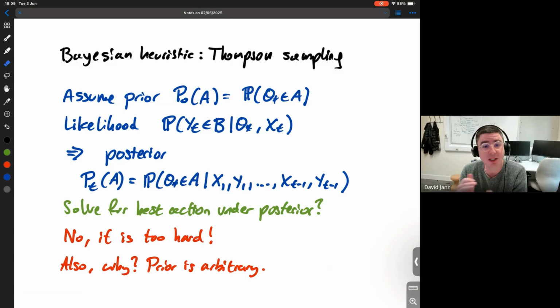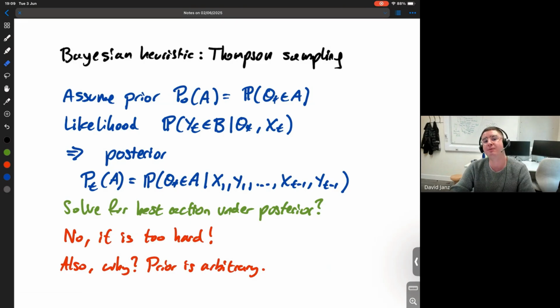Now, from here, the thing you might want to do is, well, you've got a closed form. You can manipulate this to a closed form expression for the posterior for the rewards y_1 to say y_n, and you could literally maximize the expectation. Except this is completely intractable. This is maximizing an integral over n many choices. And also, there's no reason you might think this is a good thing to do.